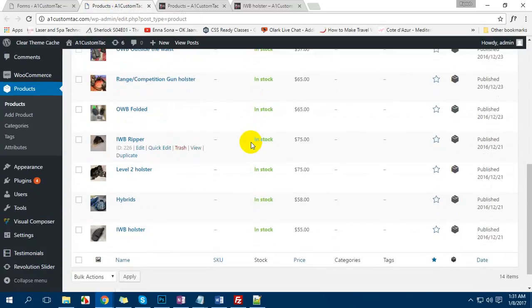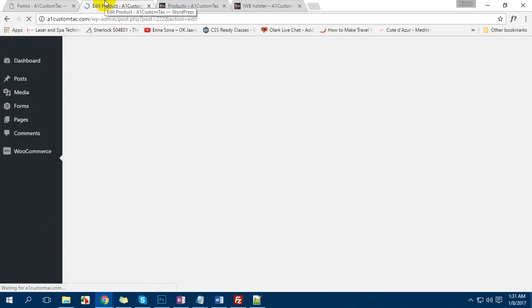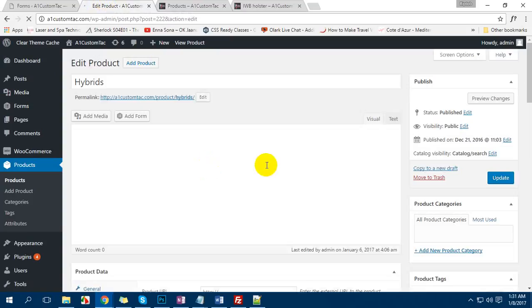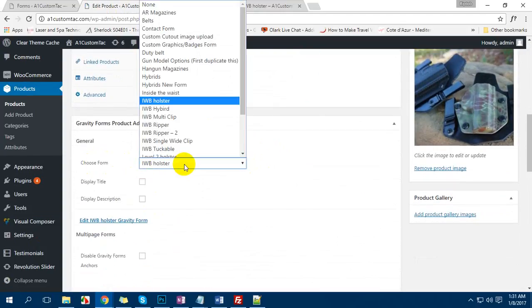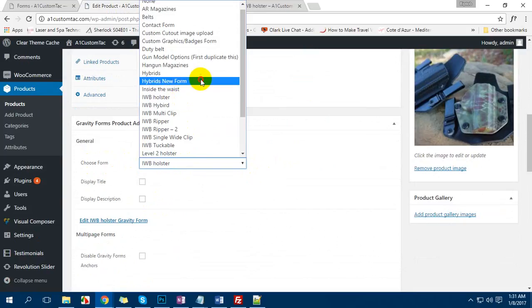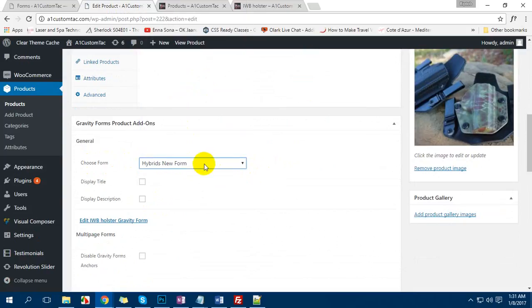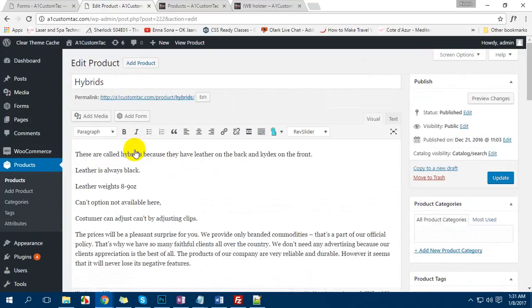Now we will have to assign this form to the exact product. So I am going to edit the hybrid one, and now I will change it. It had the wrong form maybe. Now I am going to use the hybrid new form. So what I just did is assign the new form, which we created by duplicating the IWB Hostler, and now this form is working with this product, the hybrid product. If we click on update,